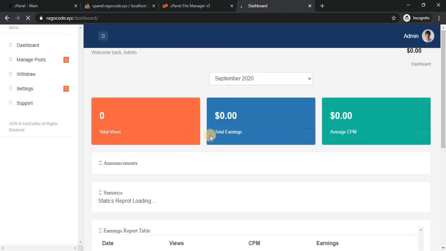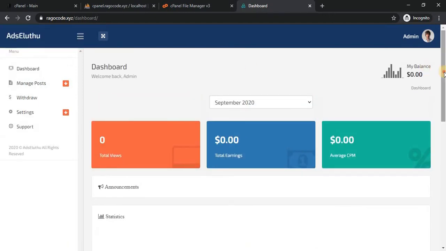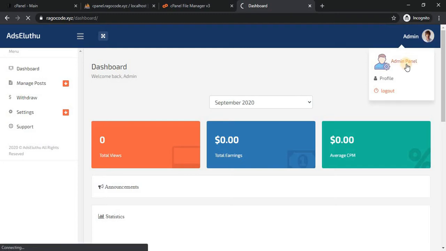Now I have entered the dashboard. This section we will see later. First we will see the admin panel.